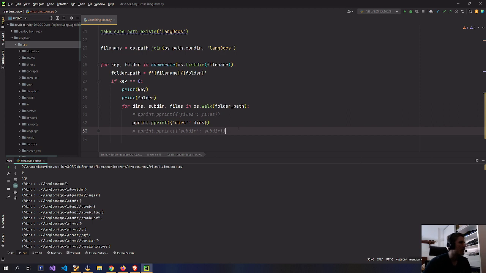So I think what I will do is, overall, I'm going to make the folder the dictionary. Then inside of the folder, I'm going to put another dictionary. There's going to be a nested dictionary. So each folder is going to be a language. And then,